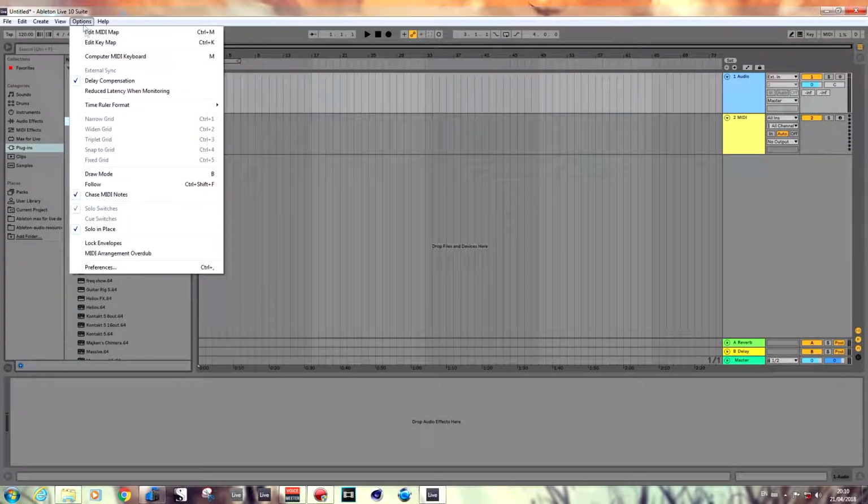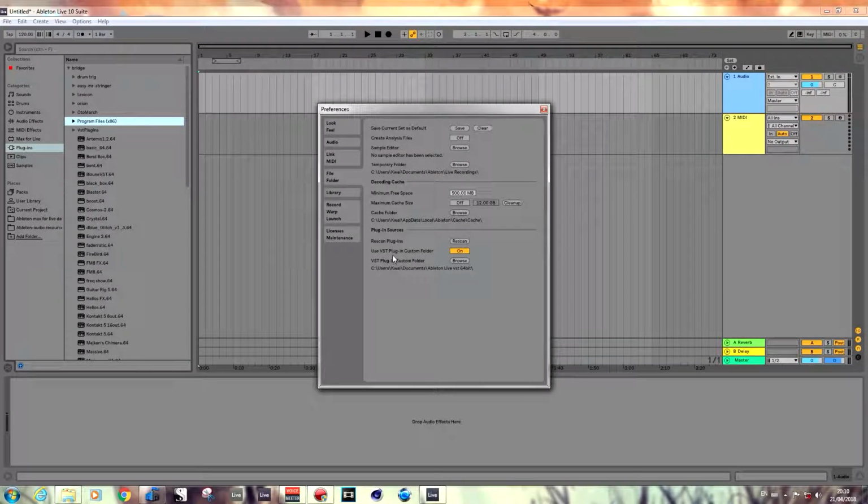So next thing I'm going to do is show you where you scan your VST folder. So it's in here in Preferences, under Options, Preferences, File Folder, and then you go down to Plugin Sources, and you turn on Use